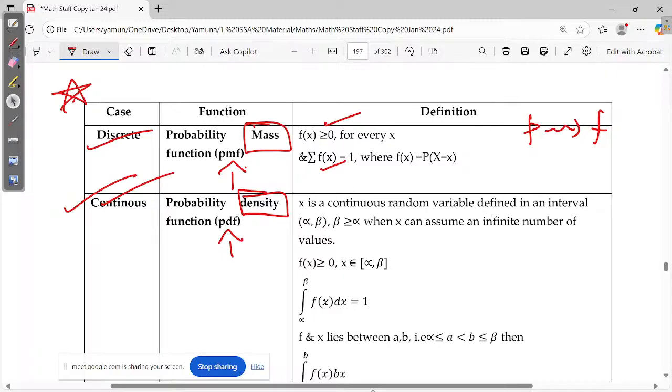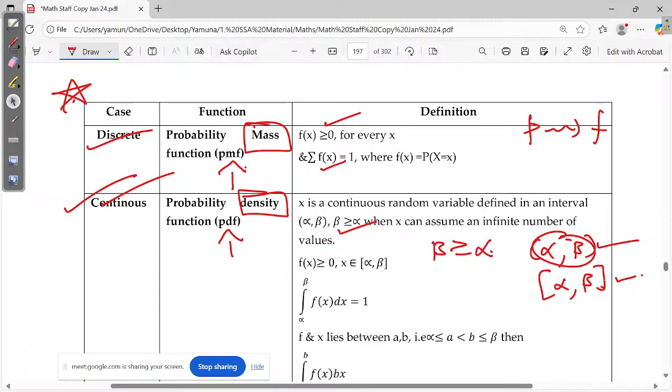So usually we define an interval alpha comma beta. Either you can use open brackets or closed brackets. Any difference? Here is open brackets, alpha and beta not included. Here it is closed brackets, alpha and beta included. Okay, இப்படியே யூஸ் பண்ணலாம் அப்படியே யூஸ் பண்ணலாம். பட் இந்த ரிலேஷன்ஷிப் எப்படி இருக்கணும்? இதுவும் ஒரு எக்ஸாம்ல கேட்டிருக்காங்கப்பா. Beta greater than or equal to alpha. How should it be? Beta greater than or equal to alpha.